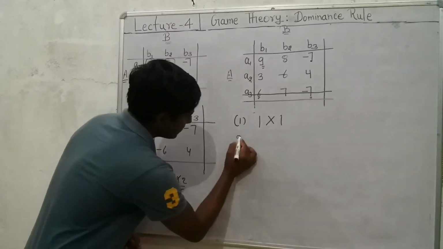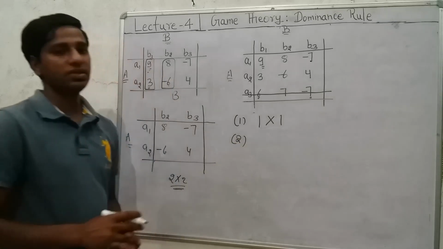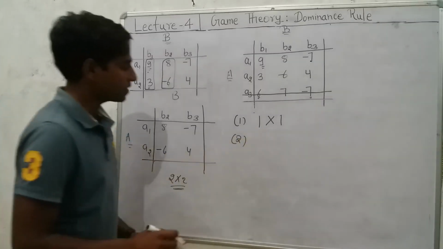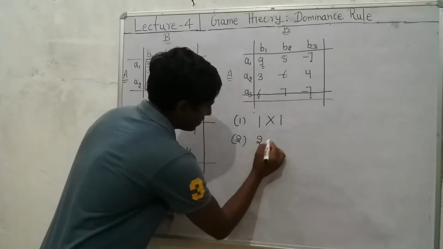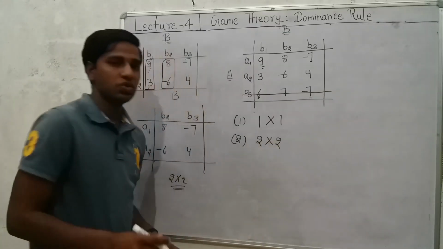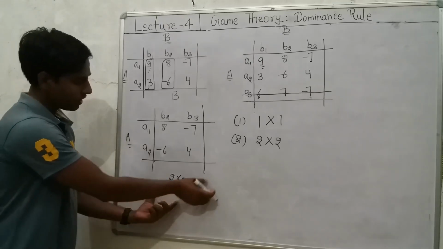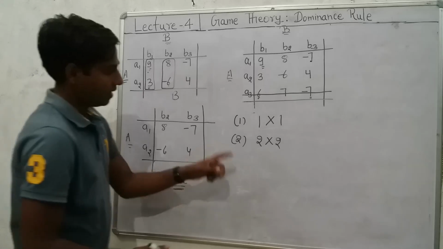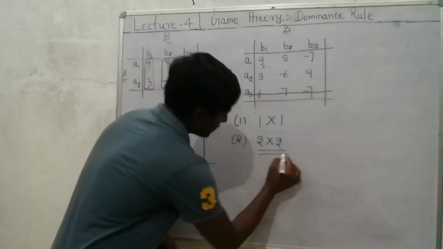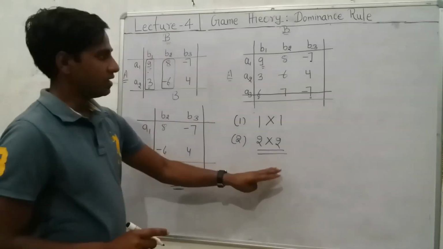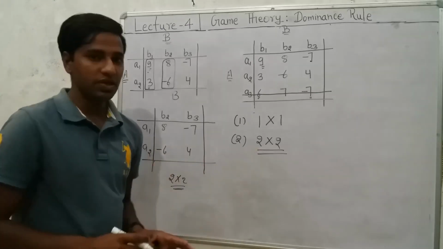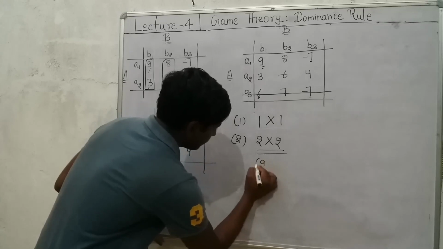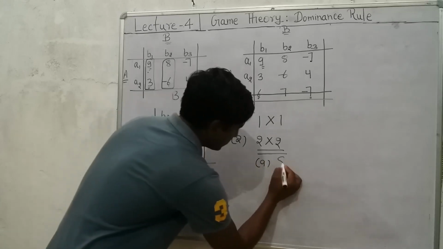What can be the second outcome of applying the dominance rule? After applying the dominance rule, the reduced matrix can be of order 2 by 2, like we have in this case. There is a matrix of 2 by 2 order, and in this condition there are two special cases. What is the first situation? In which we have a saddle point.